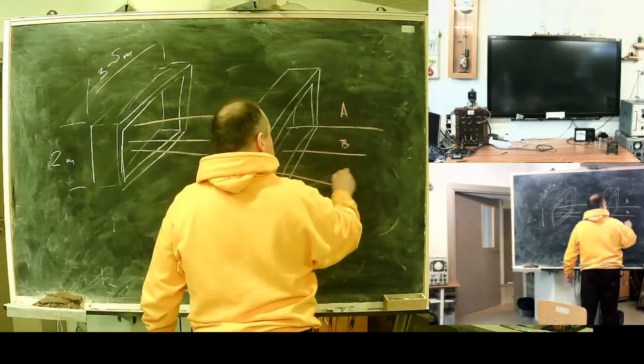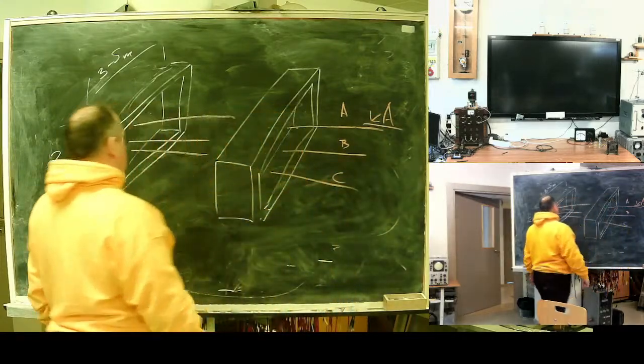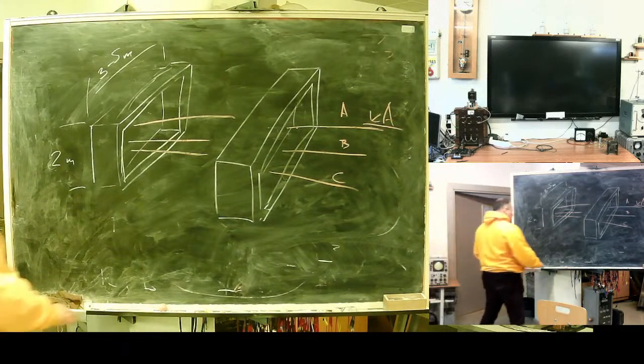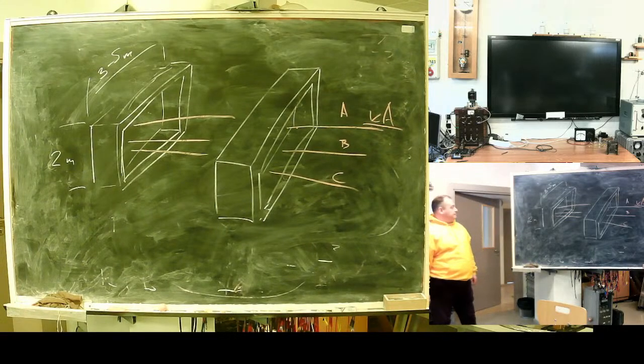A, B, C. These are for kiloamp current. High current bus from generator goes to this frame. Each frame has 2 windings. On each frame there are 2